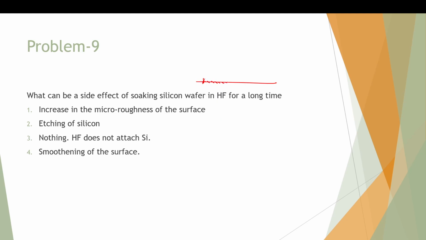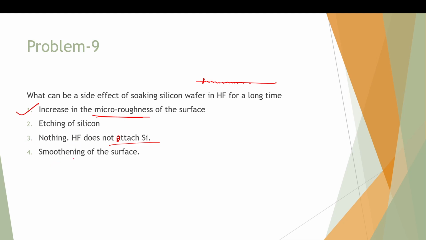So, it will become rough. That is called micro roughness, and it will increase the micro roughness on the surface. Etching of silicon, that will take very long time. HF does not etch silicon at it should be etched. That is also not true, it does etch it, but very slowly, and that will just create some roughness